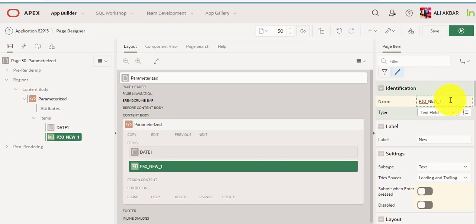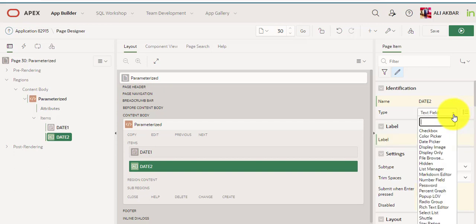Second, now I'm going to change the name to date 2. Now I'm changing the data type to date picker.